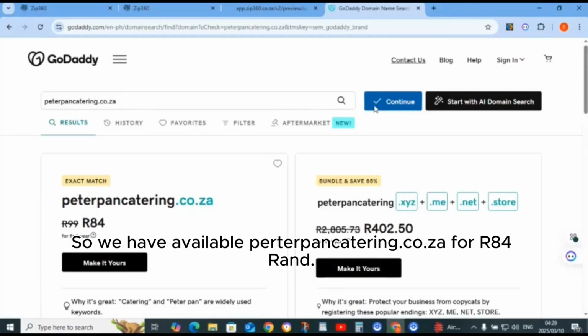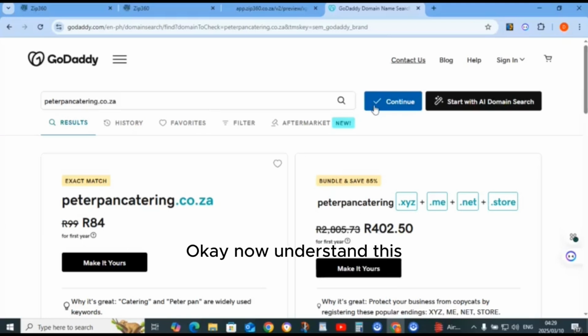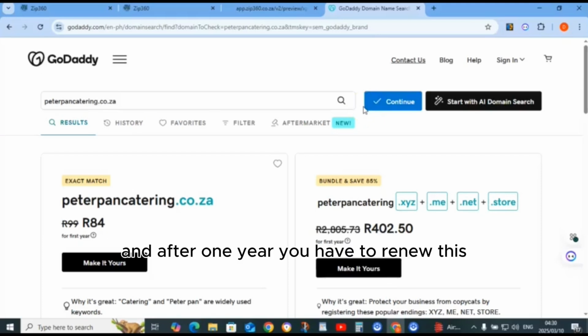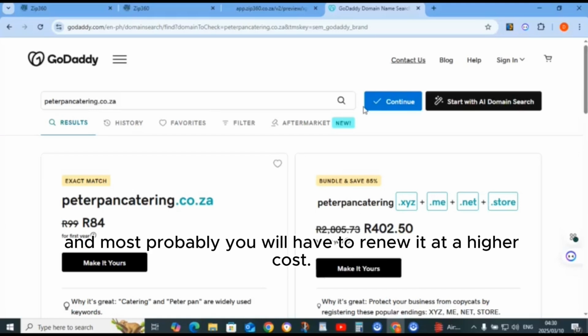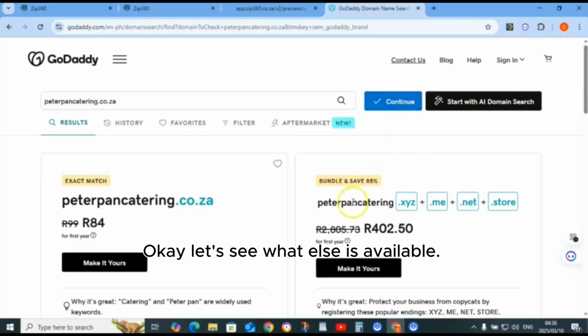So we have peterpancatering.co.za available for 84 Rand. Okay. Now understand this is a payment for 1 year. And after 1 year, you have to renew this, and most probably you will have to renew it at a higher cost. Okay, let's see what else is available.